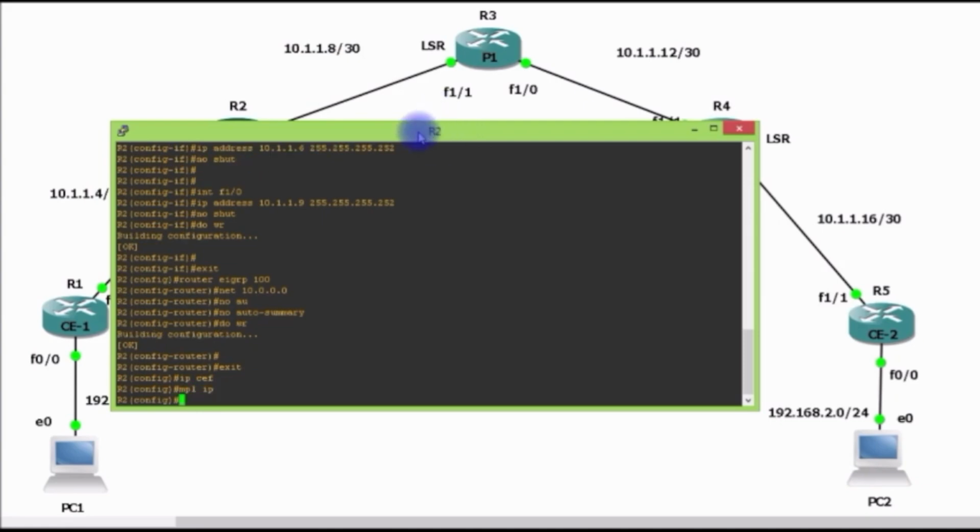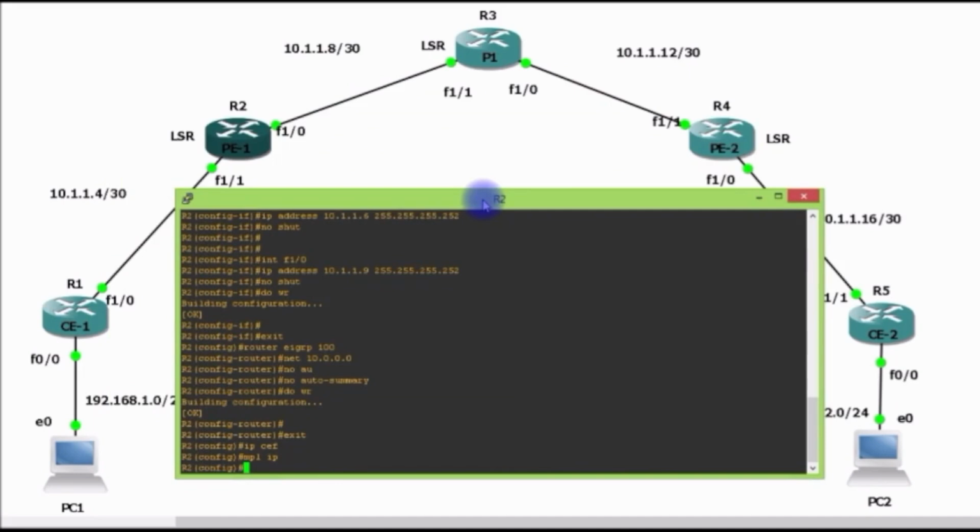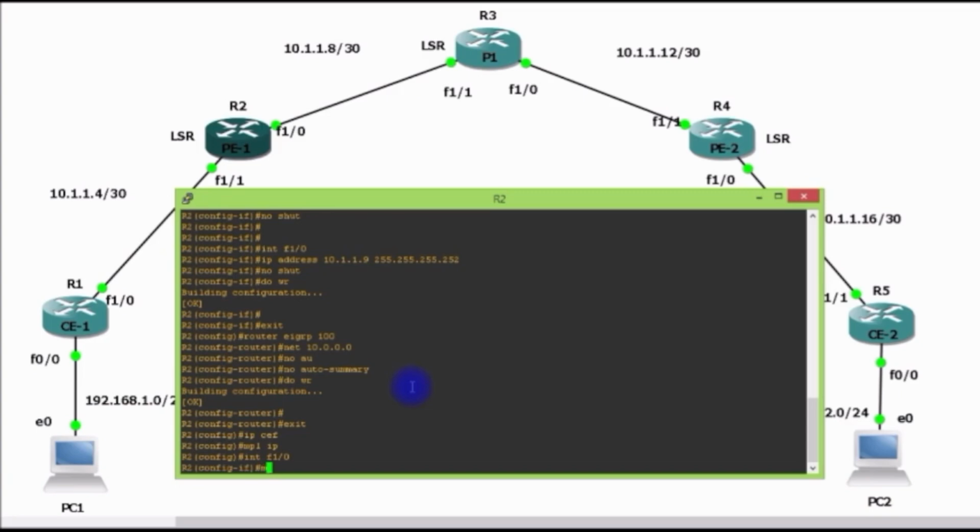Now we have to go into the interface. Well, which interface are we going to enable it on? On the F1/0, not the F1/1, because the F1/1 is going to the customer. So we're going to go interface F1/0, enter. And then we go MPLS IP, and then MPLS